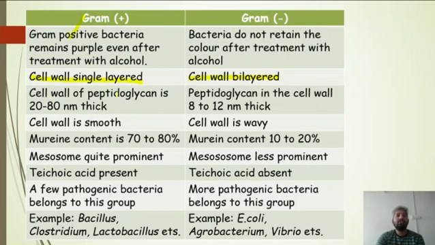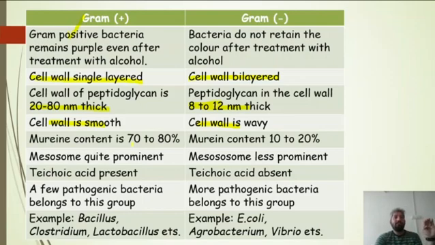Peptidoglycan, which is present in the cell wall of gram-positive, is 20 to 80 nanometers thick, while here the peptidoglycan is about 8 to 12 nanometers thick. The cell wall of gram-positive bacteria is smooth. They form smooth colonies, while gram-negative bacteria form rough colonies because there is a wavy